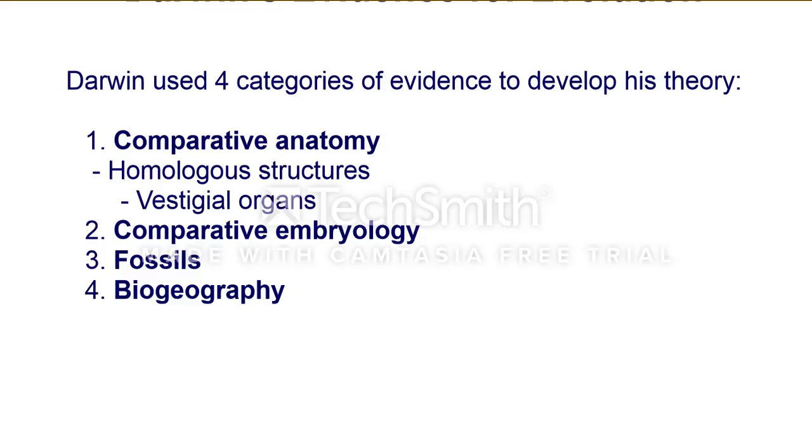Okay, the categories that Darwin used to develop his theories start with comparative anatomy. We have homologous structures, those are structures that are passed on through ancestry. They could look the same, but might function a little differently. We can also look at a bird and a bat. They're not really the same lineage, but their use of their forelimb allows for flight, so you might put these two together pretty quickly.